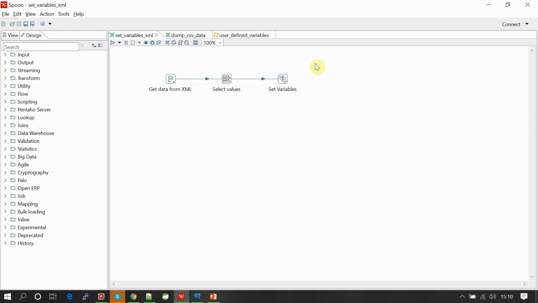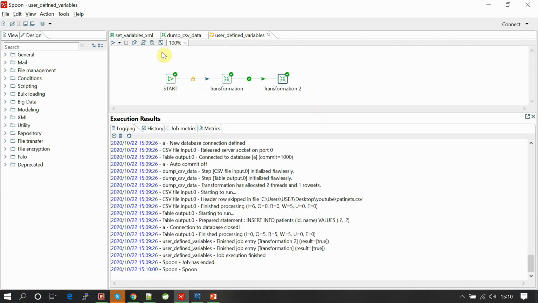Even if you add one more component here, you cannot use those variables because there is a restriction. That's why we are running these two individual transformations in a job, so that you can set these variables in one transformation and use these user defined variables in the other transformation. That's how it works.